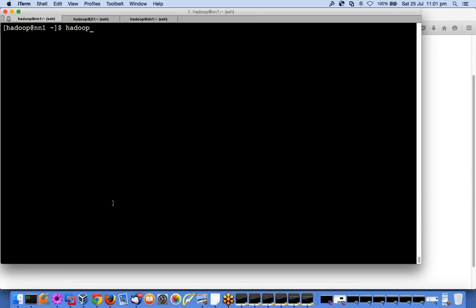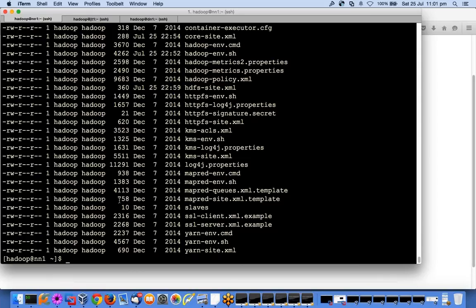I can say hadoop-daemon, right? Daemon is not coming. Why is it not coming? Because we have not included the daemon path, because now it is sitting at a separate location. Which location? Not bin, it is sitting in sbin,